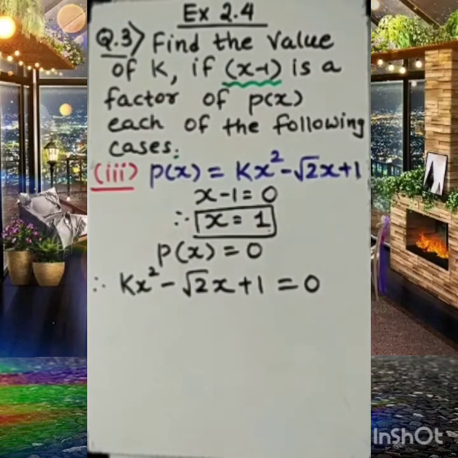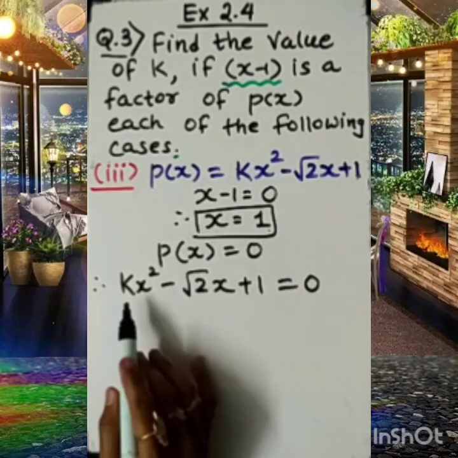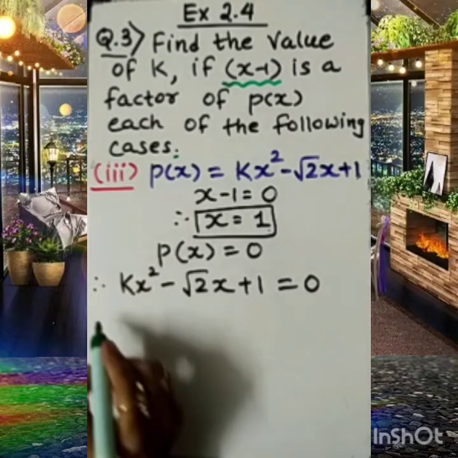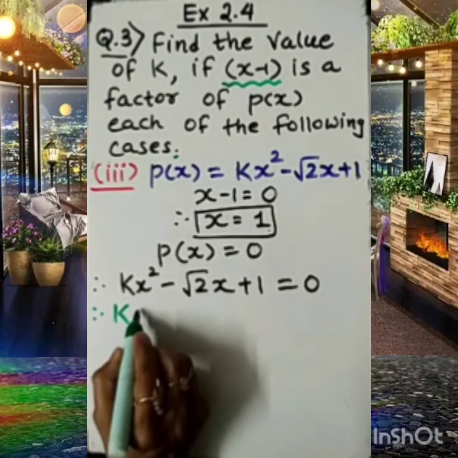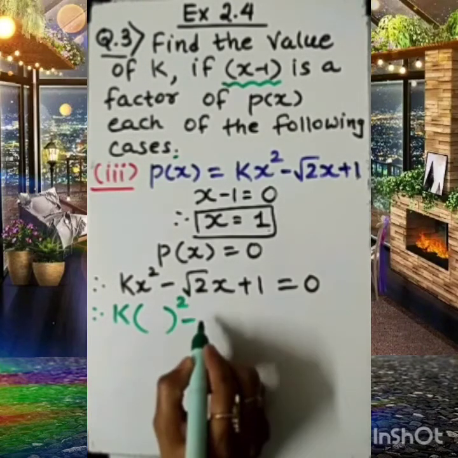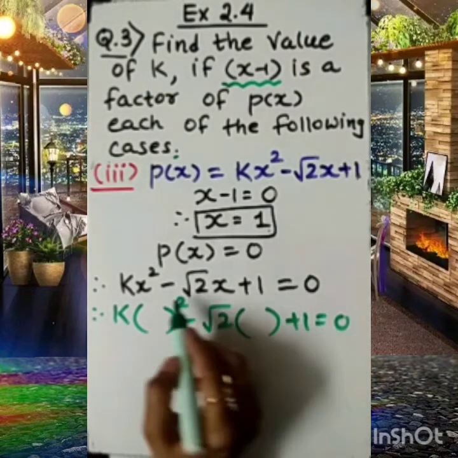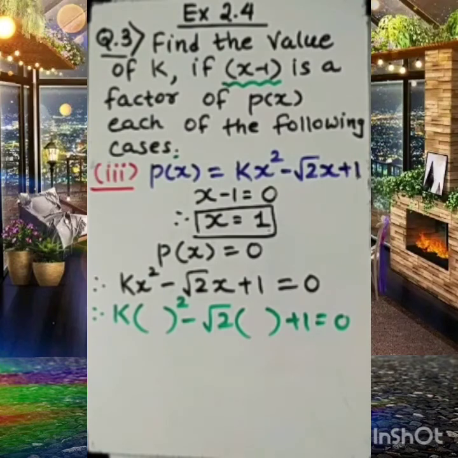Simple. Apply the proper procedure. Don't worry about how to solve. Apply the correct application from your side, it must be correct. What we are going to do in that? Simple. k as it is. In place of x we are going to write its value. Don't be afraid of the under root. Don't be afraid of this square. All these are very easy. Only the correct application is required.